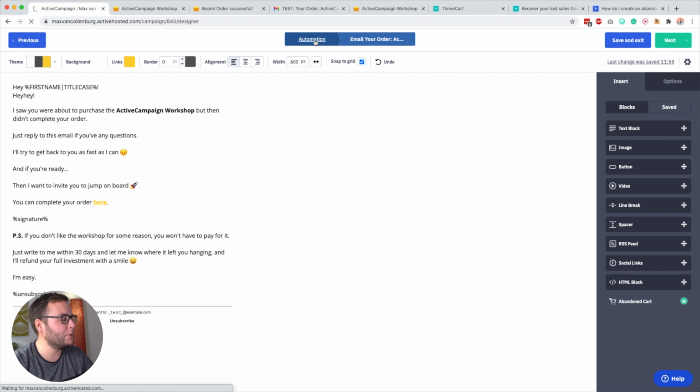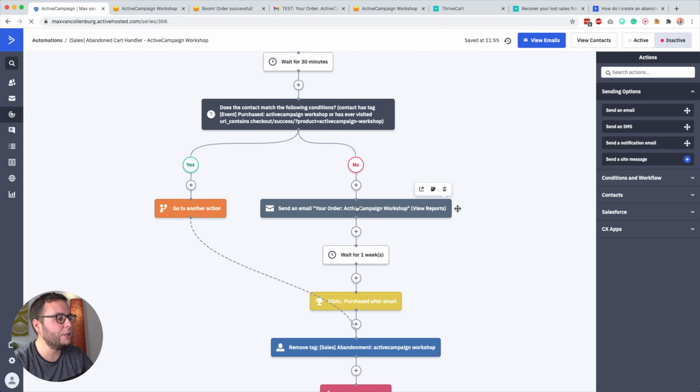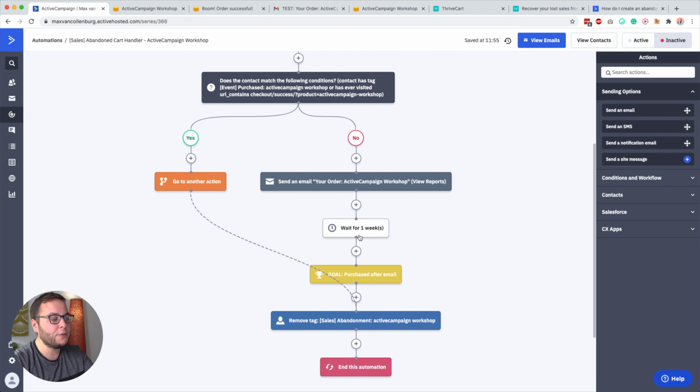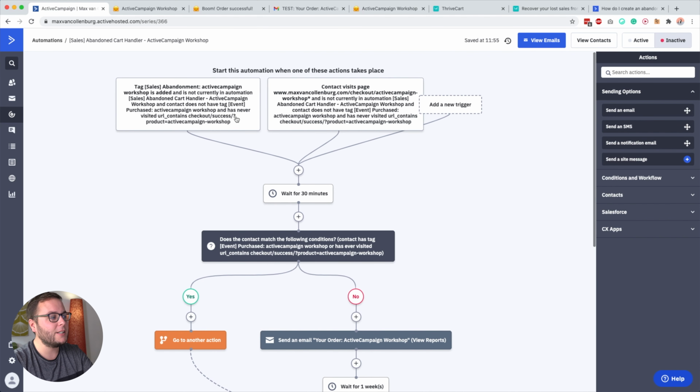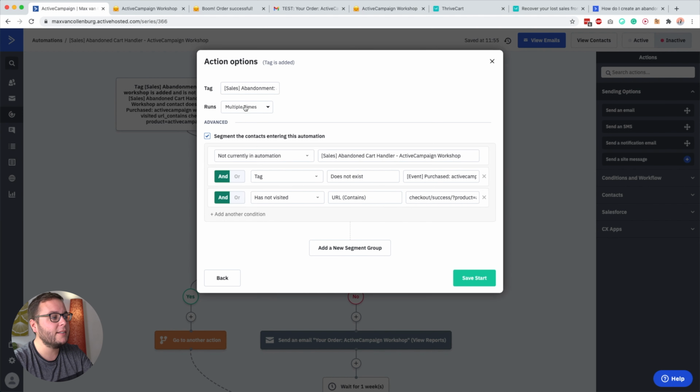Then we'll go back over to the automation. And then what we do after we send that email, and you do not necessarily have to do that, but I, for example, like to wait for 1 week. And then after 1 week, I basically want to end the automation. So why do I have this wait in here? That is basically because I say here, okay, wait until someone is not currently in this automation.